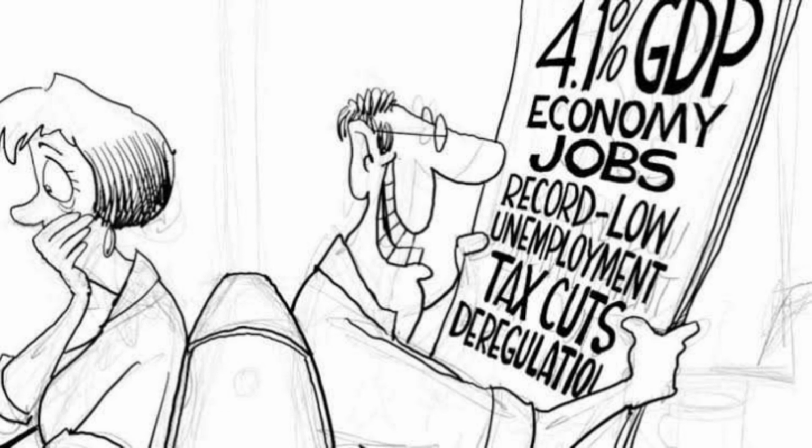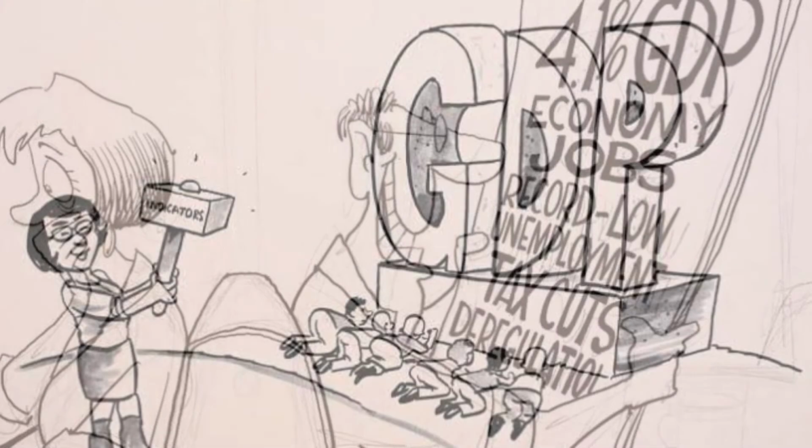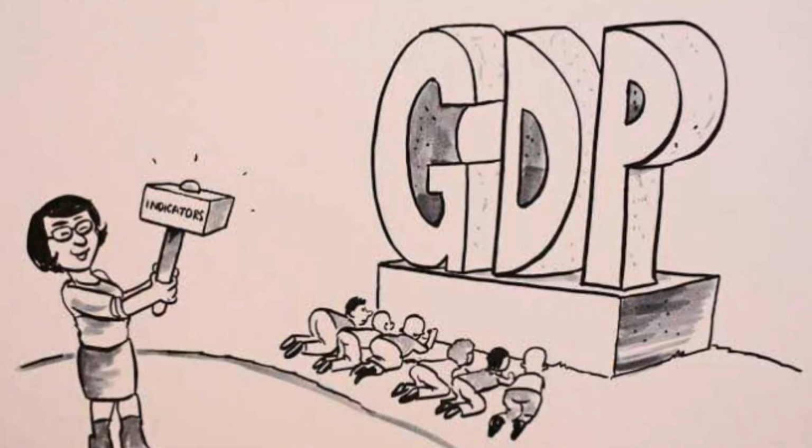Other organizations look at other metrics of well-being and happiness. The Happy Planet Index, produced by the New Economics Foundation, for instance, gives a measure of how well nations are doing at achieving long, happy and sustainable